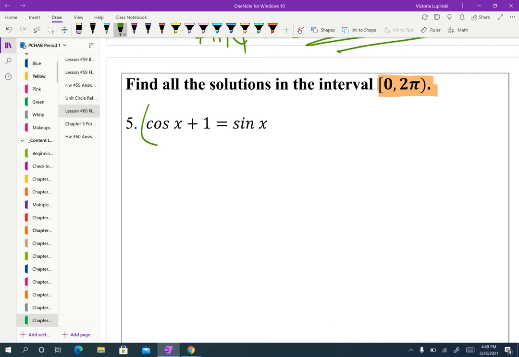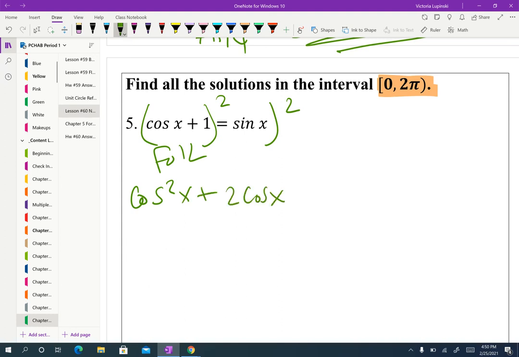So squaring both sides, please make sure you're aware it is the last resort. You should try literally anything else first. There was no rewriting, no rearranging of the terms that was going to be more helpful. So in this case, on the left, I'm going to go ahead and make sure that I do the FOIL. Common mistake is people don't. So cosine times cosine is cosine squared, and then 2 cosine for the outers and inners, plus 1 equals sine